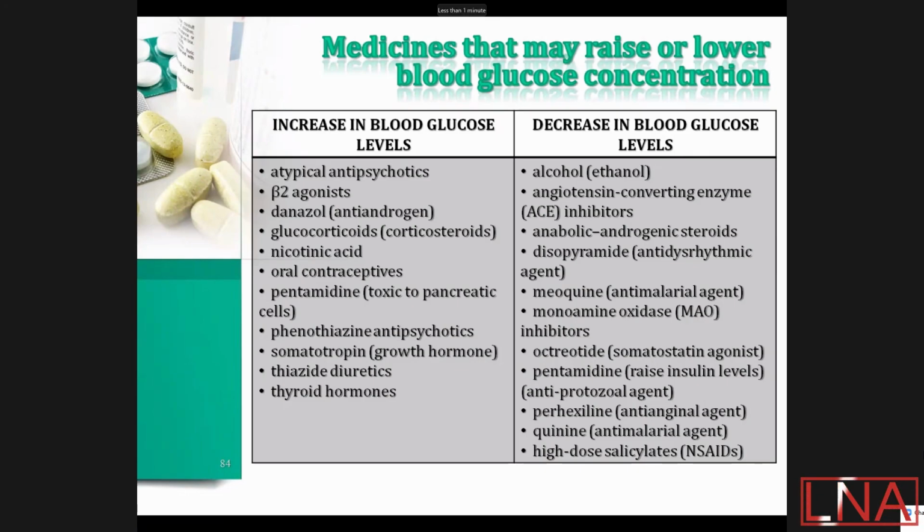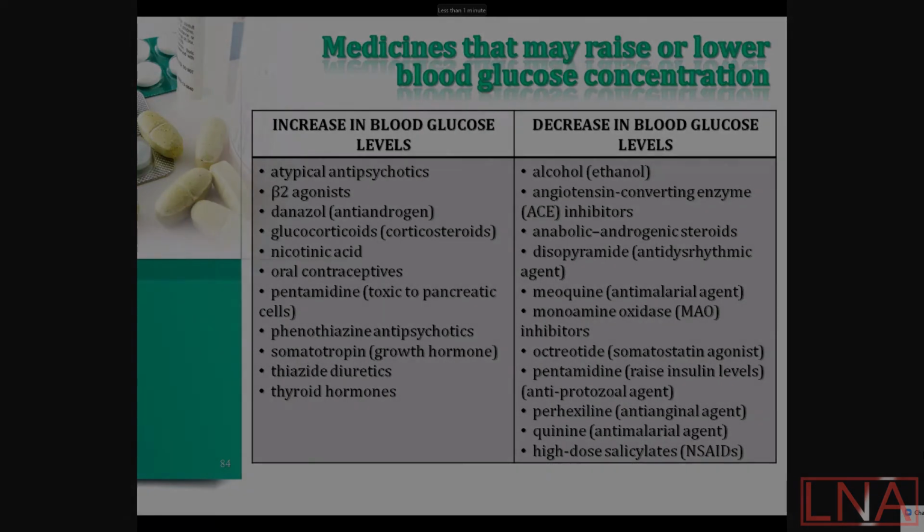Glucocorticoids or generally corticosteroids will also increase it. Oral contraceptives. If your patient has diabetes, if it's a woman, you need to warn about this possible contraindication and maybe your patient should choose another way of contraception. Thiazide diuretics, thyroid hormones, and atypical antipsychotics. These drugs increase blood glucose level and it means you should increase the dose of anti-diabetic drugs or select more effective anti-diabetic drugs. From another side, from another hand,